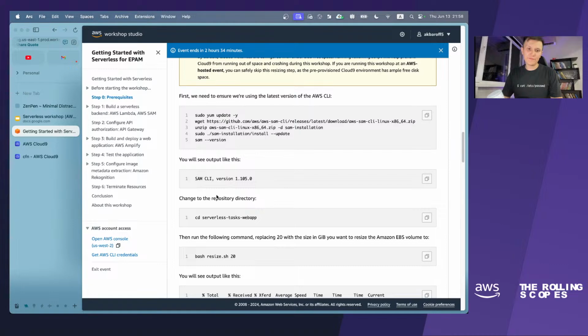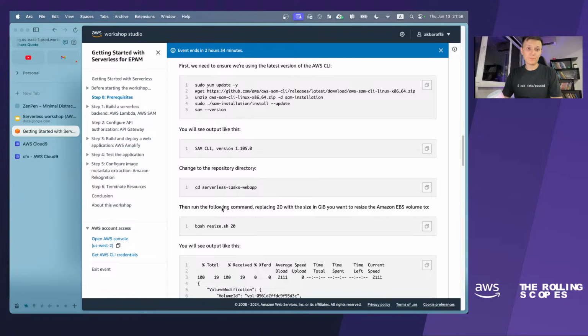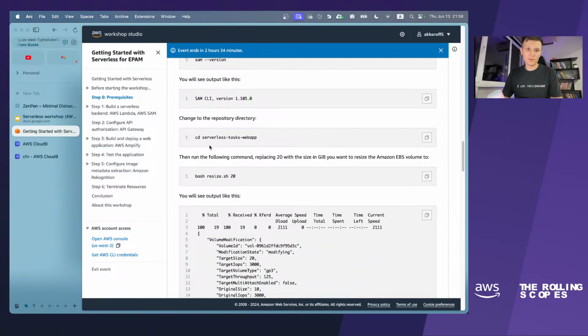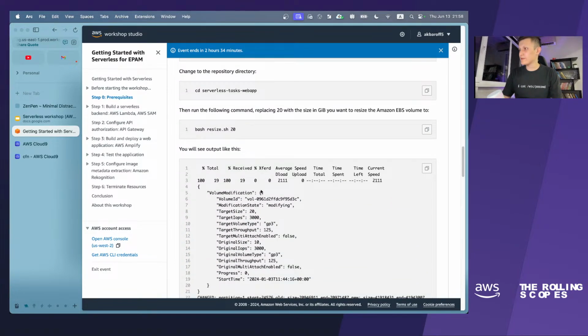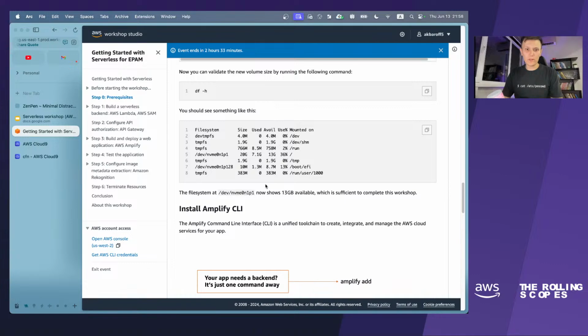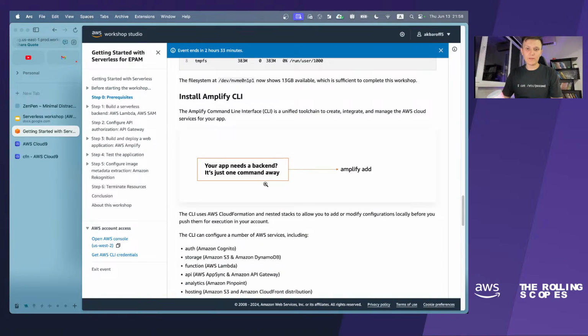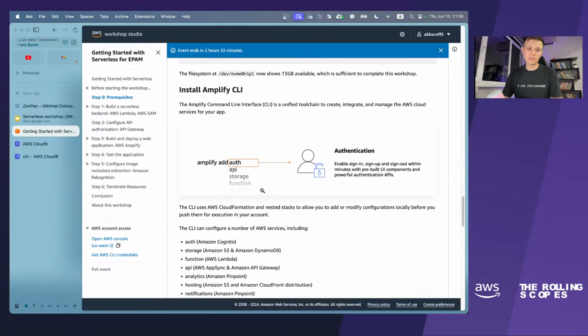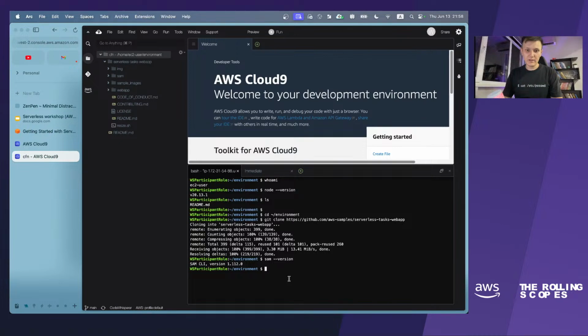So we have SAM CLI installed on our machines, and let's move on. Okay, resizing is not necessary actually, so we will skip this part, and let's check that we have Amplify CLI installed. To do it, you can go to your console and put amplify --version.